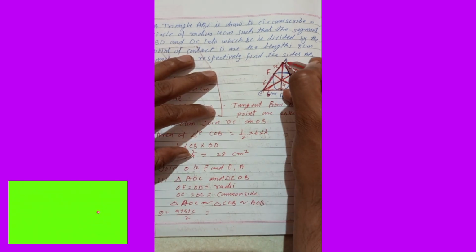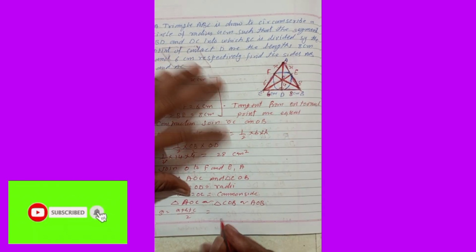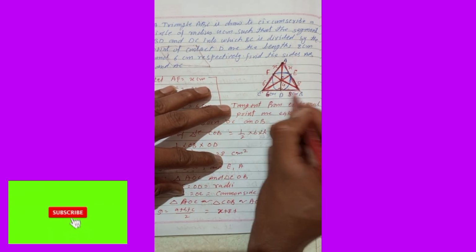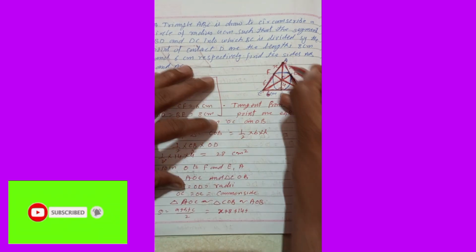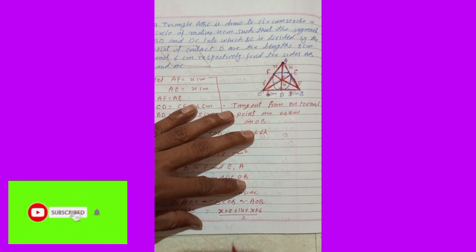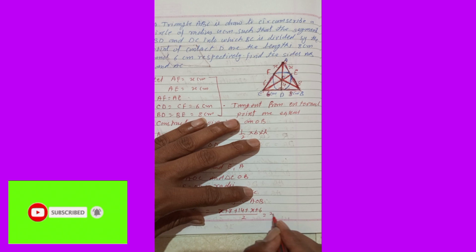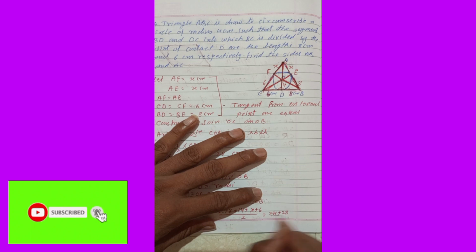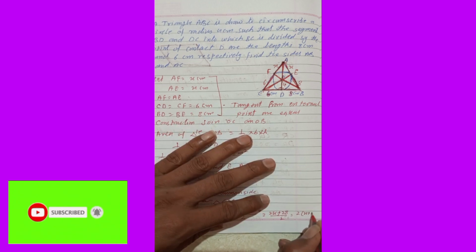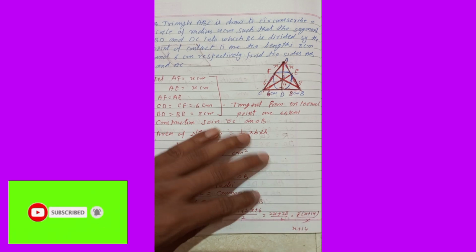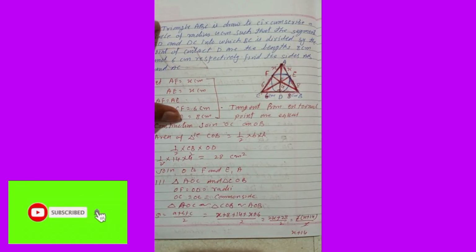Suppose this is side A: x plus 8, plus side B, this side is how much? 14. Plus this side, x plus 6, by 2. So we can write it like this: x and x is 2x, plus 14 plus 8, how much? 14 plus 14 is 28, 28 by 2. So we can take 2 common, it becomes x plus 14 by 2. These two cancel, so we got x plus 14. Now we are writing Heron's formula. What does Heron's formula say?